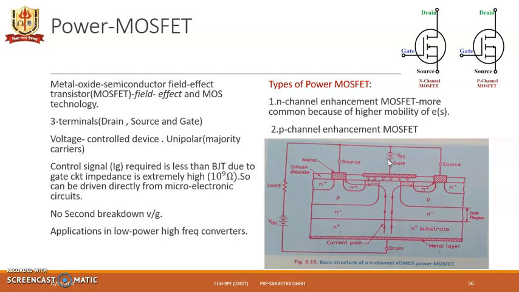Due to this gate positive, electrons get attracted to the positive of the plate, and down here we have the positive ions, and down here in the P layer we find electrons concentrated, and thus getting an N channel for this main current or the device current to flow through it. That's why it is called N channel. Creation of this N channel is taking place. And the layers we find: the main substrate is the N plus layer, N minus is the drift region layer, and P is the body.